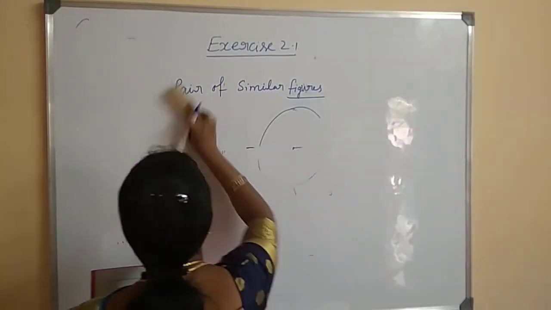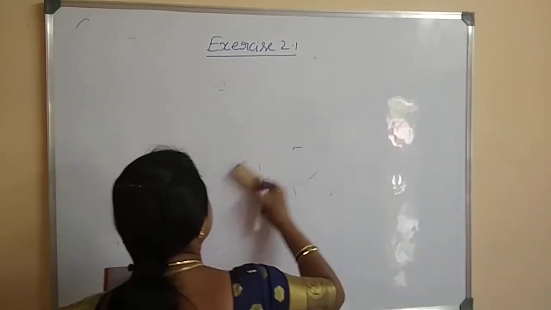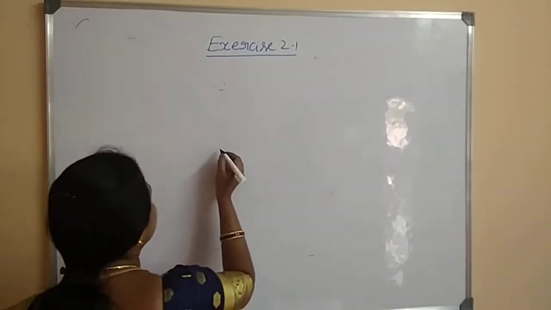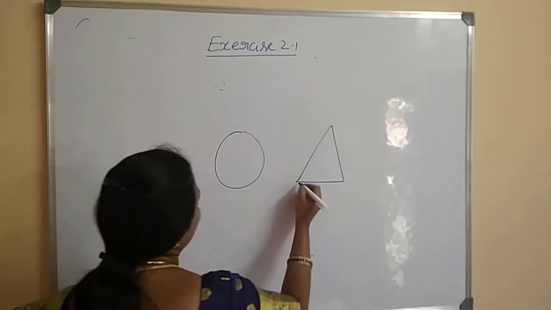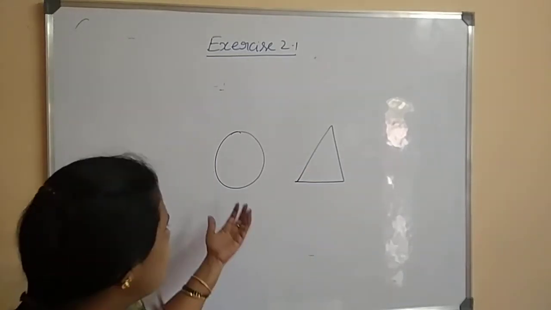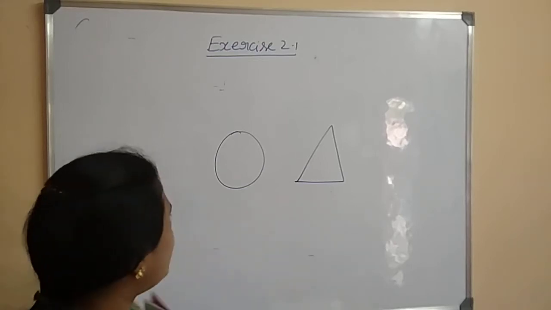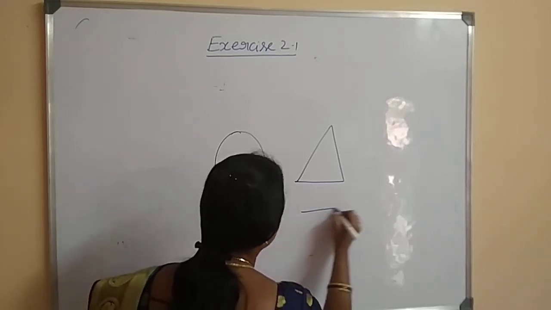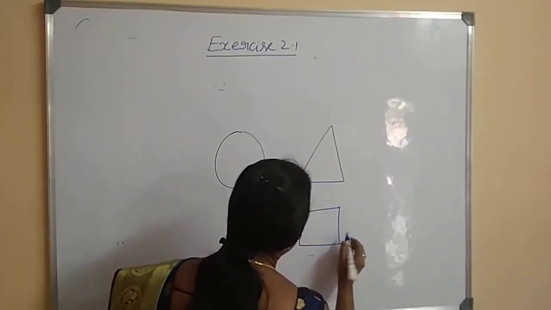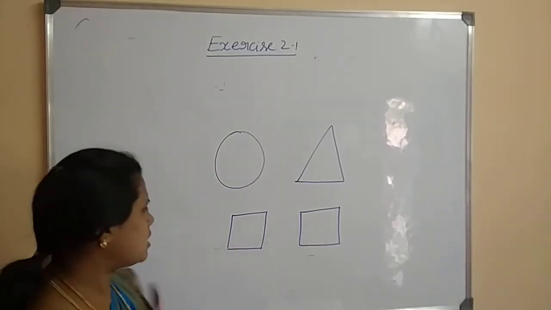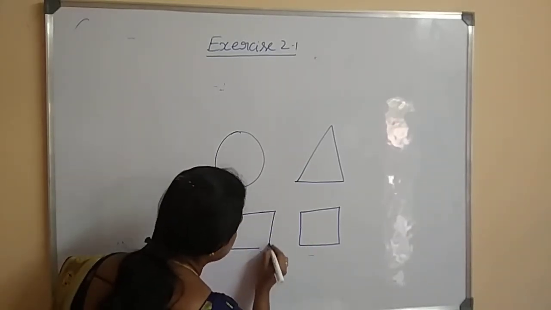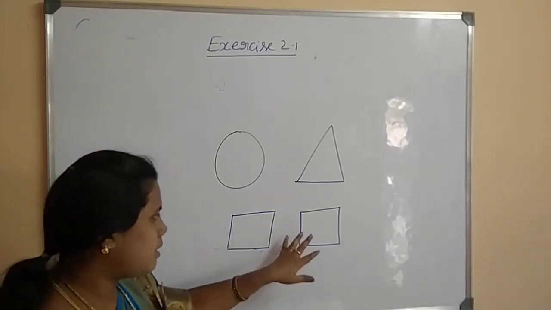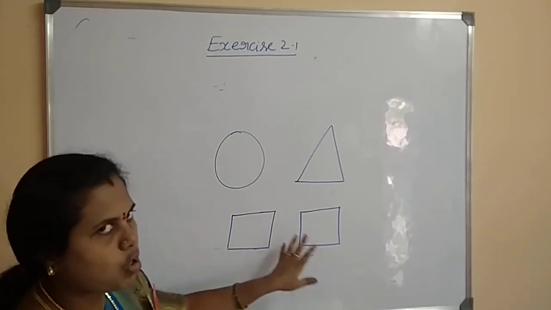And next, non-similar figures. Non-similar figures means these are non-similar figures because they are not in same shape. Okay. And for example, like this, you may get confused. Like this. 4 sides are there. The 2 polygons are having same number of sides, but they are not in same shape. See, for little I will deviate it like this. This polygon is having 4 sides, but for looking also it's not same. That's why these are not similar.